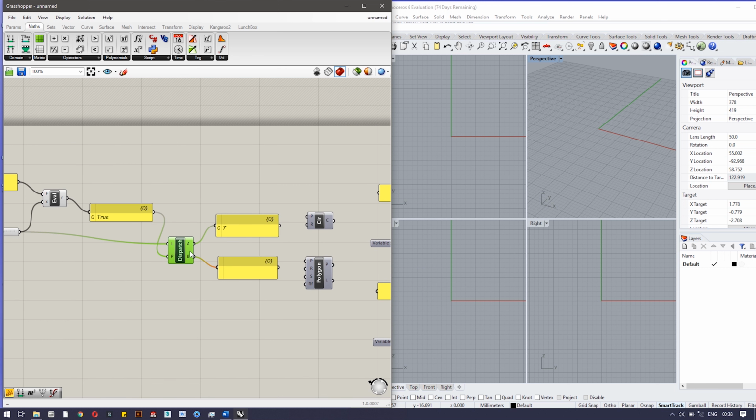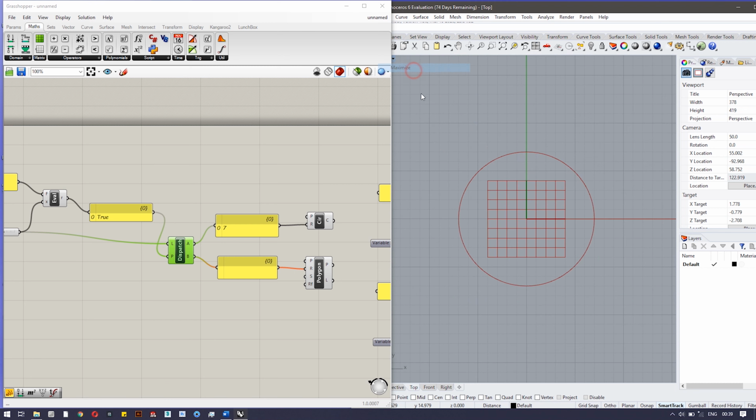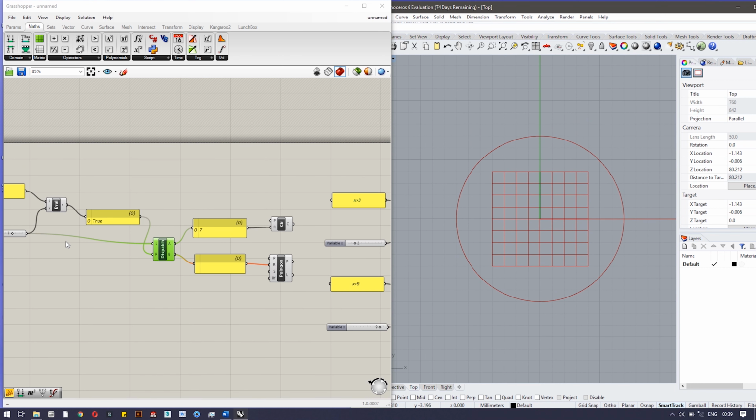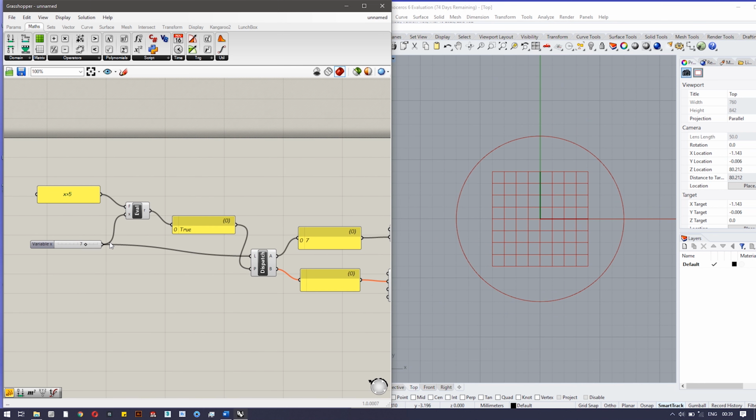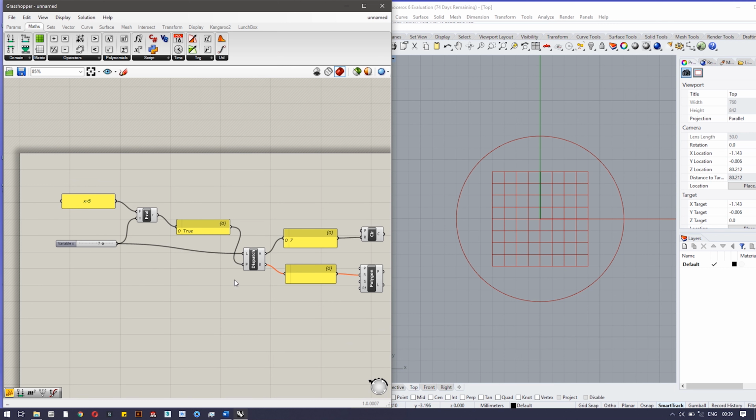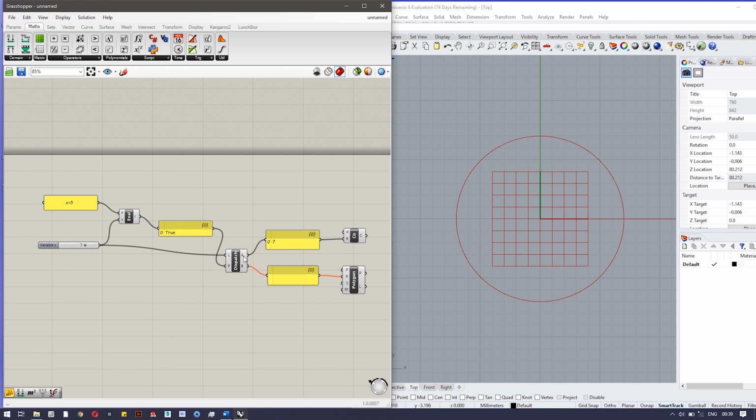If the data flows from A, it would make a circle, but if data flows from B, it would make a polygon. Preview is on. Let's turn on the preview and maximize it. Yes, now you can see. Here, if the condition is true, that is x is greater than 5, then it comes through A to the circle. But if the condition is false, it passes through B and forms a polygon. You can see the conversion of polygon and circle.